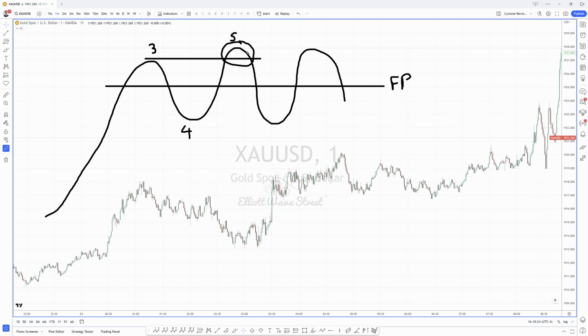Let's suppose that in our short trade, we leave a protective stop loss some points above the high, and this is our entry point, and this is our risk. 1% or less, let's say 30 points is the distance, 20 points, whatever. When the price comes to the fair price, we already reach a 1-to-1, risking 1, making 1. Right there, we can book profits. At this stage, right here, we have a 1-to-2, 2%, risking 1, making 2, we already book some profits.